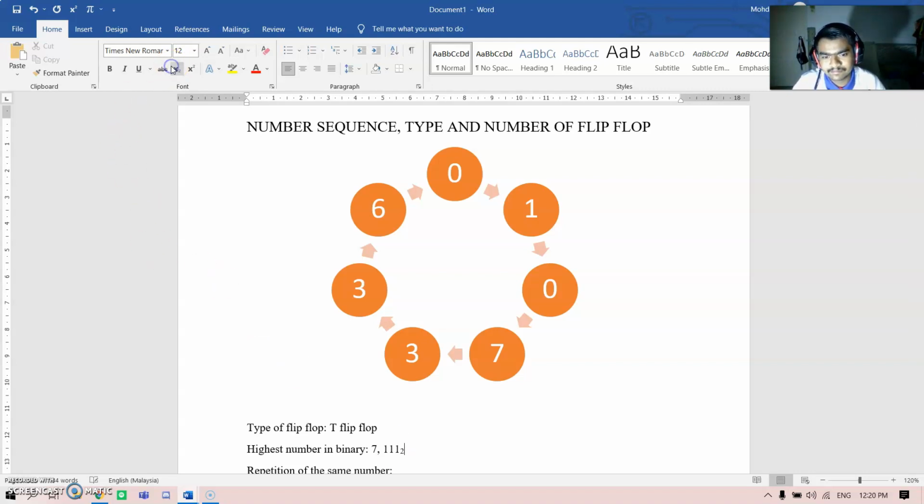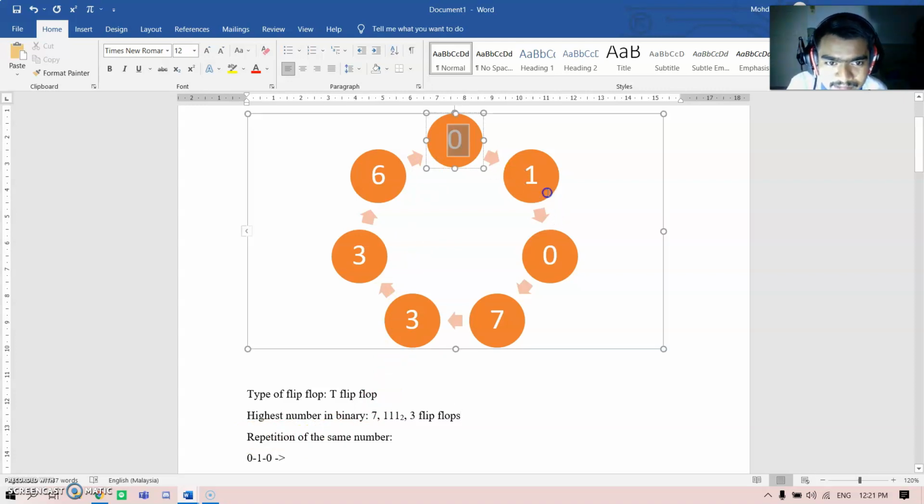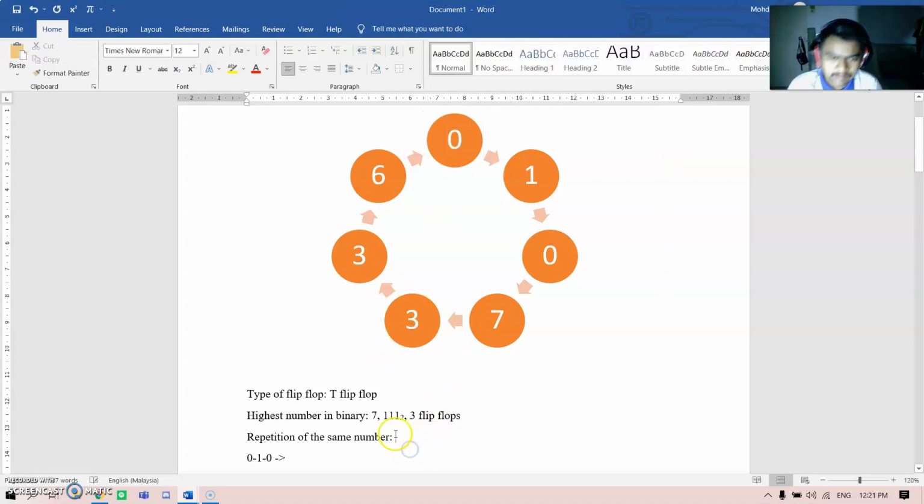That is a 3-bit binary number, so we will use 3 flip-flops, one for each bit. Then the repetition of the same number. The repetition here is 0, 1, 0, so zeros are repeated twice, and then 7, 3, 3, where 3 is repeated twice. So the repetition of the same number is basically 2 times,